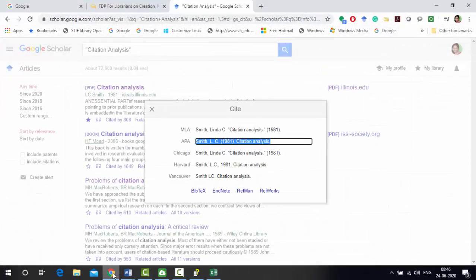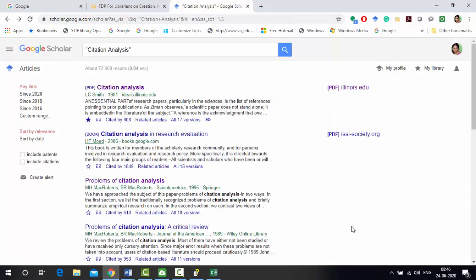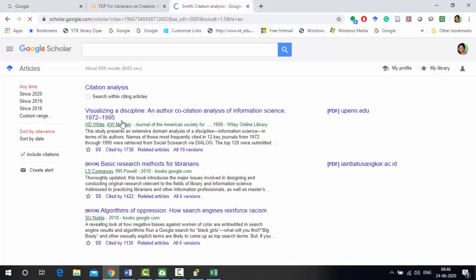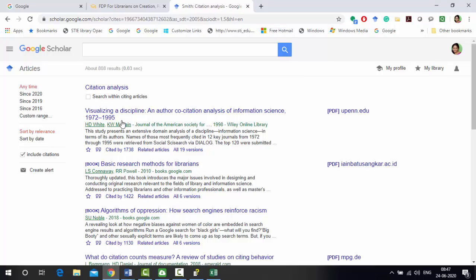Then I will again come to my article, then this is cited by 8,808 people. This option is also useful to expand your search. Means if you are not getting sufficient articles related to your topic, you can click on this option and you can see which other authors have cited this article.